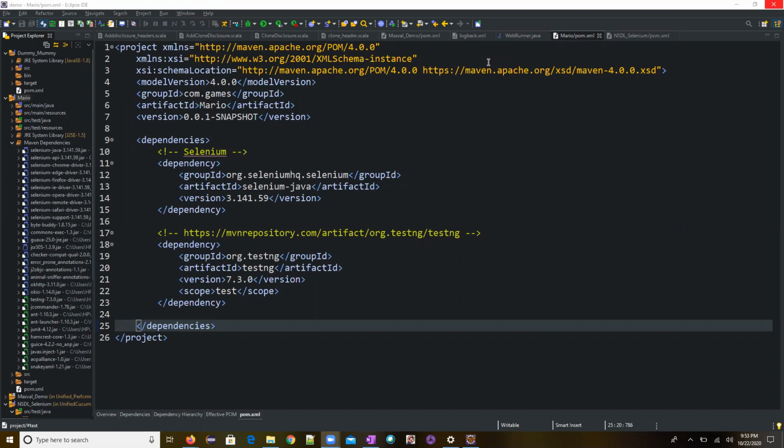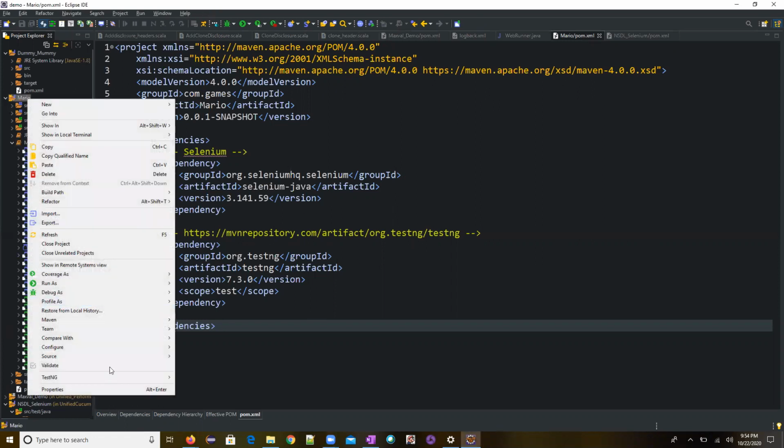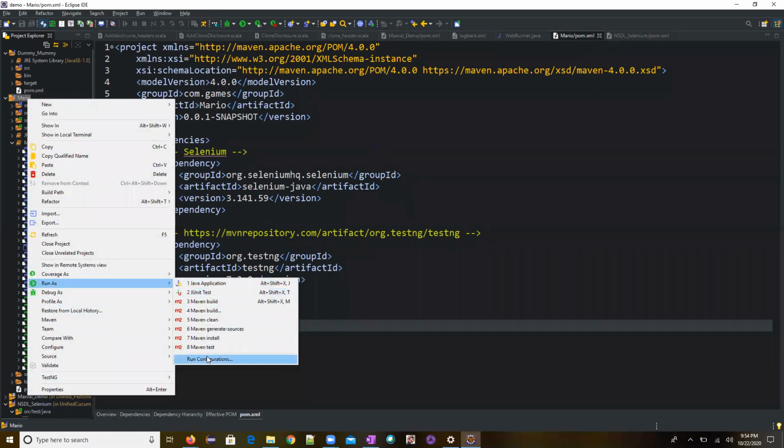Those things are not at all required if you're doing it with Maven. Why you started with that was so you should know how to configure TestNG first. At that time you downloaded it and installed it. Now here we directly downloaded it with the help of the POM file, and then you are configuring it here. So it doesn't really matter. Now if you go and execute, this will execute with Maven, not with TestNG. But if you downloaded it and configured it in the TestNG project, it will run with TestNG.